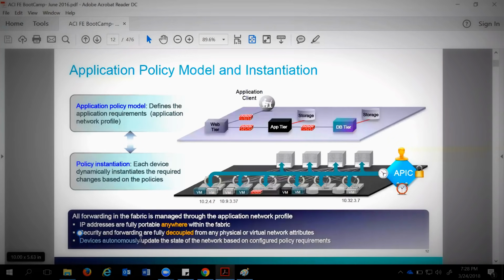So the thing is that devices autonomously update the state of the network based on the configured policy requirements. Obviously these devices will demand that I now have web devices connected, so accordingly the policies will be distributed to the switches at this level. This is called an application policy model. And on that basis only, the traffic is going to behave and the customers would be running their workloads behind